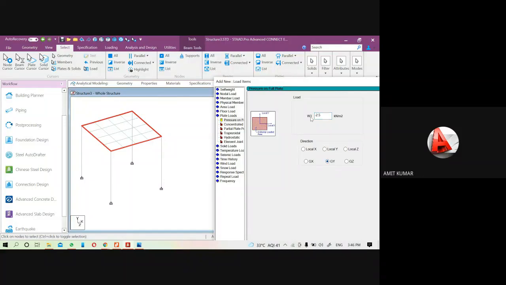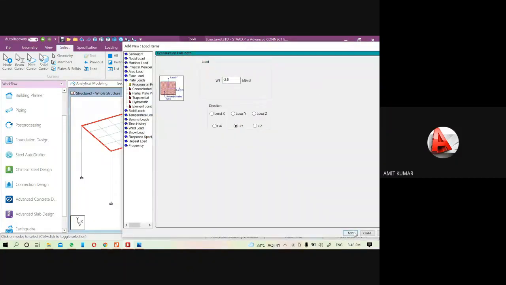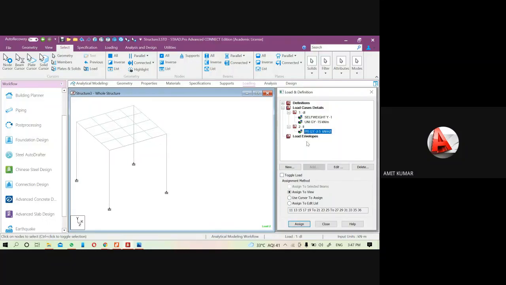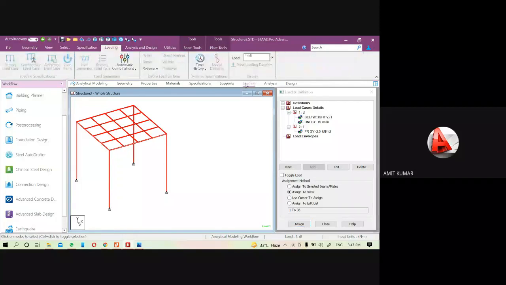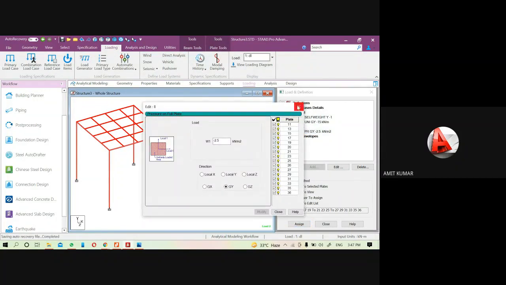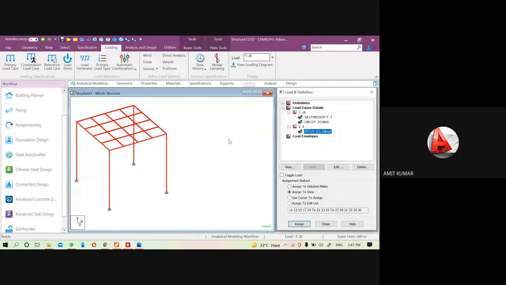The direction will be GY. Then we can use the assign to view option, because this is a plate load, and when I apply this value, all the plates will be assigned with this load. It is assigned on the plates, all the plate numbers are shown here.